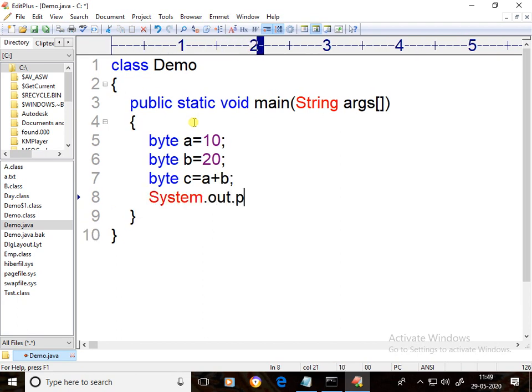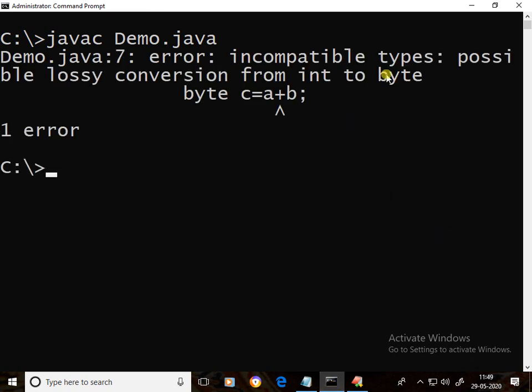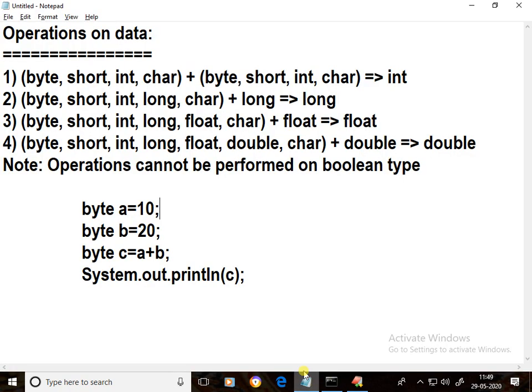System.out.println c. File, save. I'll compile javac demo.java. See, incompatible types. We are getting an error. Narrowing conversions must be done by the programmer explicitly, otherwise a compile time error occurs. That's why we are getting the error.